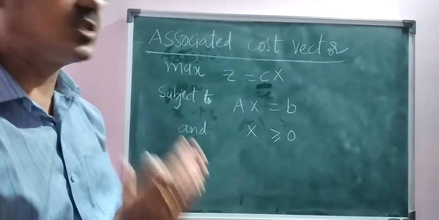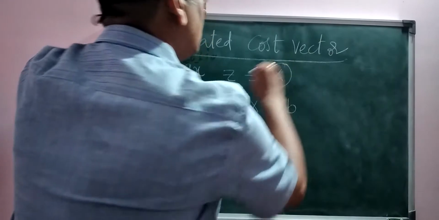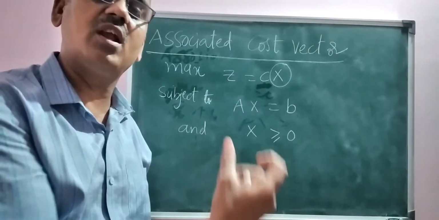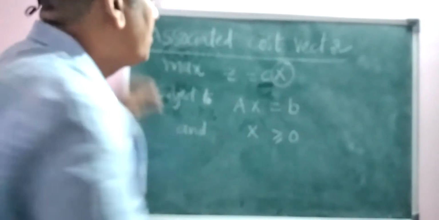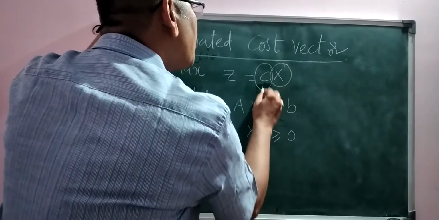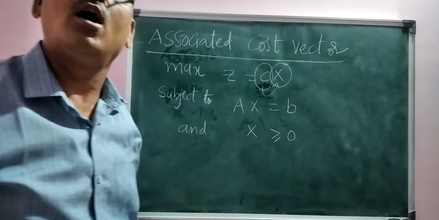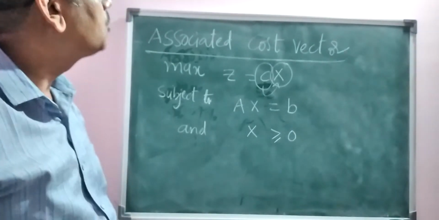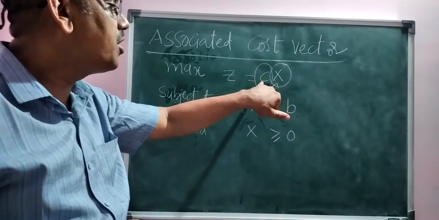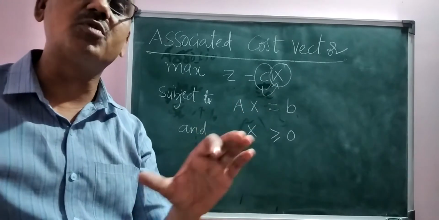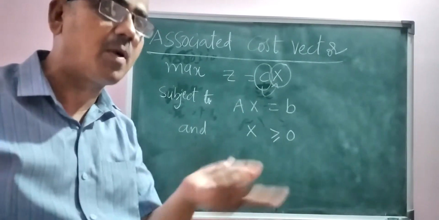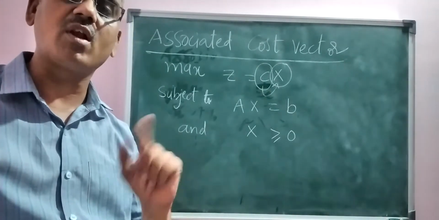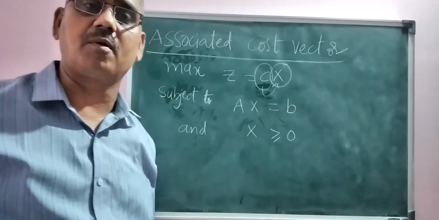terms which I explained. x is a vector which consists of the n variables x1, x2, up to xn, and where C is the cost associated with this particular vector x, right? So the cost is going to be associated with all the variables x1, x2 and so on up to xn, which means that particular vector, or we can say that matrix. And in our language we simply specify it always as a vector, right?